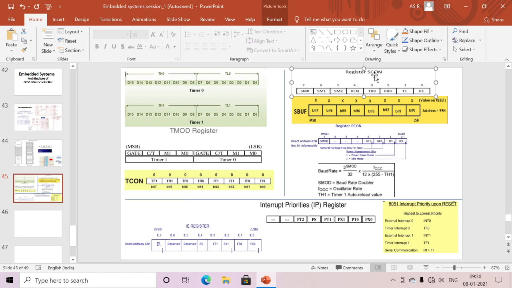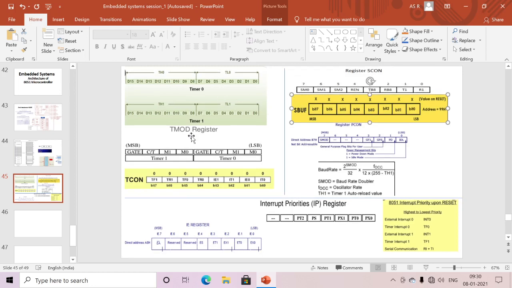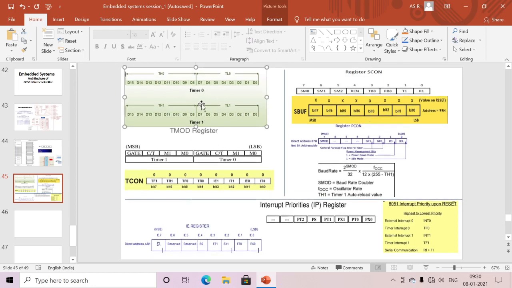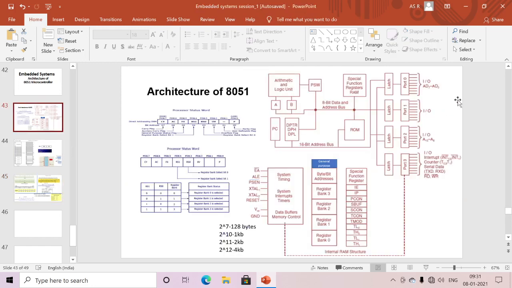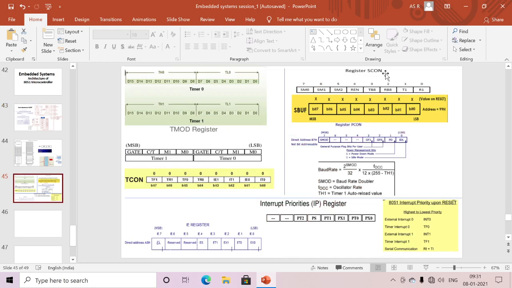For serial communication we mainly use SCON and SBUF. For timing applications we use Timer 0 and Timer 1, either as timer or counter, and TMOD and TCON are mainly for the timers. We already discussed the ports for read or write access; if I want to connect an LED or switch, we can use these ports. This is timing, this is serial communication, this is power: PCON is my power control. SCON and SBUF are used only for serial communication.